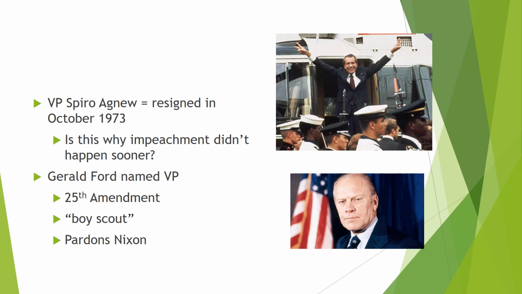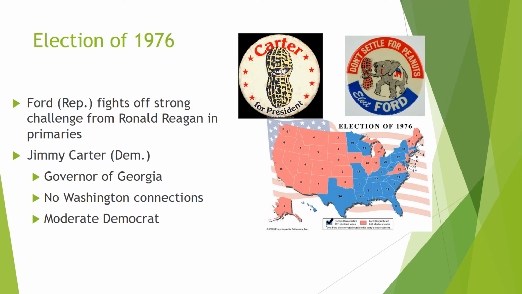Once Gerald Ford becomes the president, he is going to use his power of the pardon to pardon President Nixon. As he put it, he gives Nixon a full, free, and absolute pardon, which means that Richard Nixon can never be charged with any crimes related to his time in the White House. And as Ford put it, he didn't think there was anything to gain from bringing Nixon to trial. As he put it, our long nightmare is now over. But that pardon is going to cripple Gerald Ford's presidency.